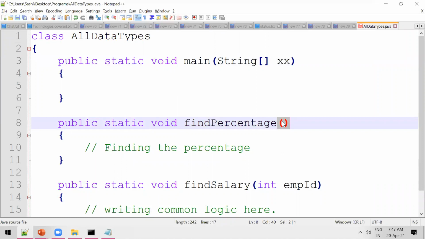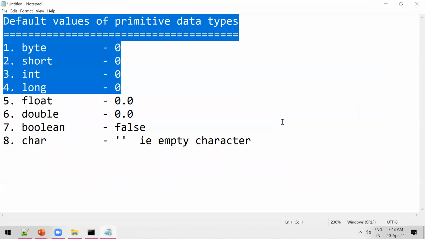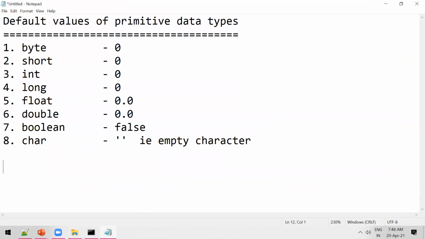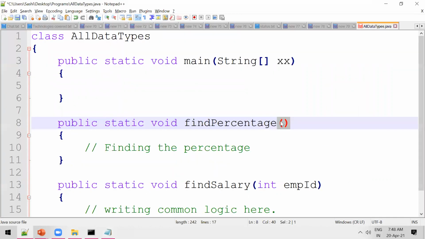A method can take any number of arguments, or no arguments also, which is fine. If you see here, it is not taking any arguments.